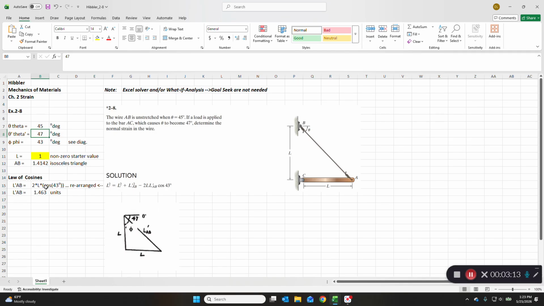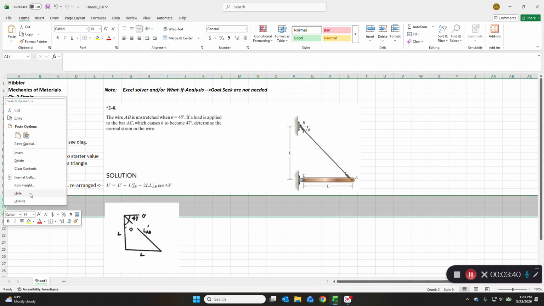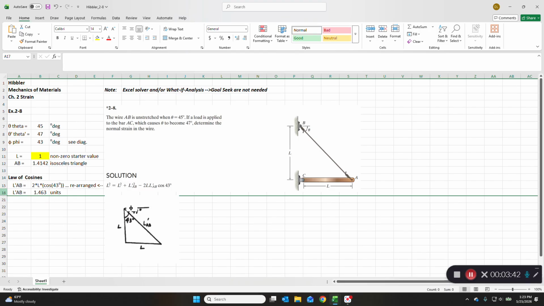So that's why we need this example in here. You can see we're calling this phi. So 90 minus 47 is going to be 43. So it's 2L cosine of 43 degrees, and that will give us L prime AB. Okay, so when we do the calculation, we get, based on our non-zero starter value, again, that can change, but let's leave it at 1. And then we had a hidden cell in here. So if I unhide the cell, excuse me,